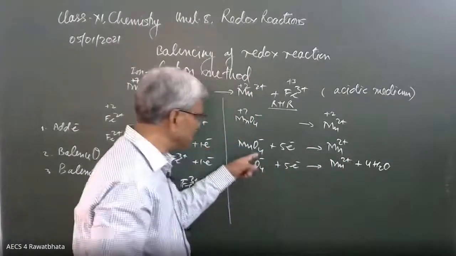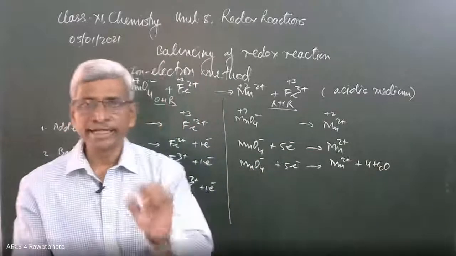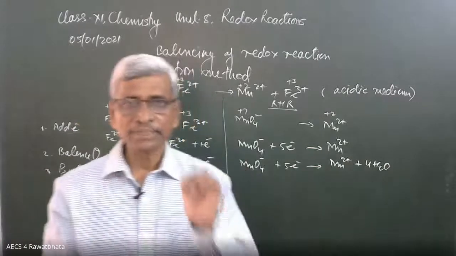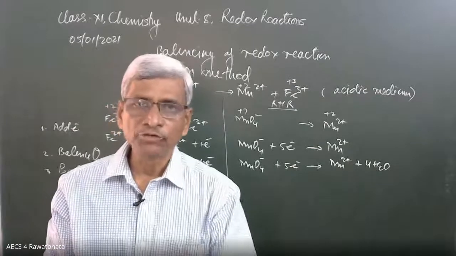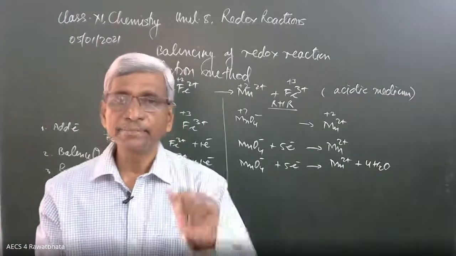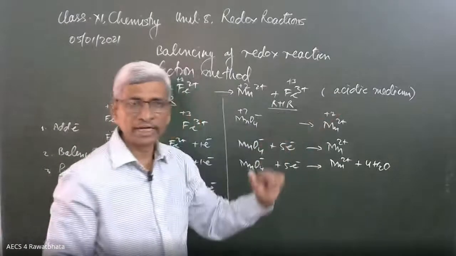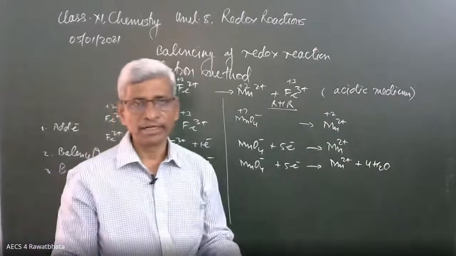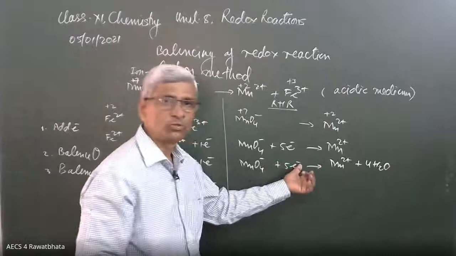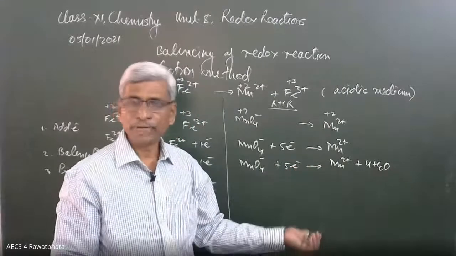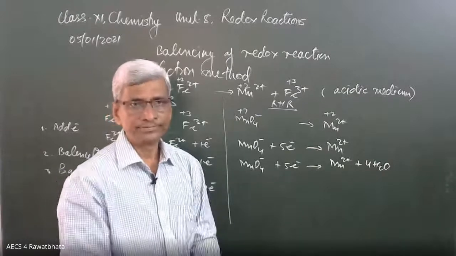We have to make this 6 negative into 2 positive by adding sufficient H positive ions. Charge is balanced by adding hydrogen ion in acidic medium and hydroxide ion, that is OH minus ion, in basic medium. Here the medium is acidic. That's why we have to add a suitable number of hydrogen ions on the suitable side. Here we are going to make 6 negative into 2 positive. We have to add 8 H positive to make it 2 positive. See that.